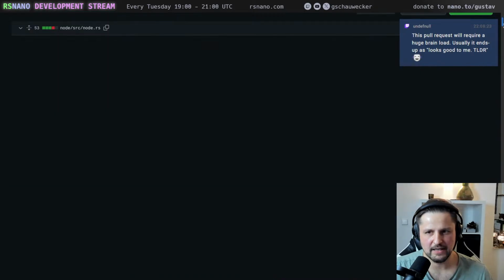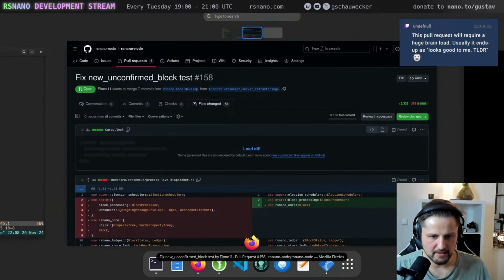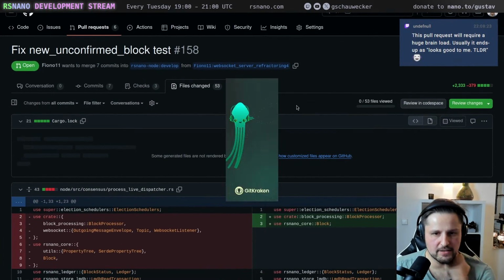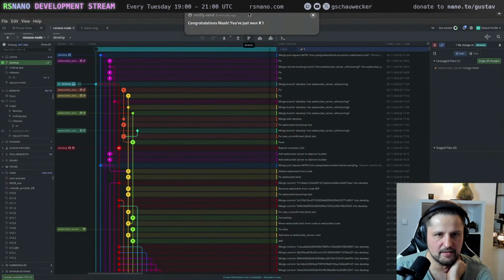Okay, let me look at it in my Git tool. This is something that GitHub doesn't do well. If you have PRs that rely on previous PRs, you can't see it here, and all of your PRs will be big now, and that's problematic.